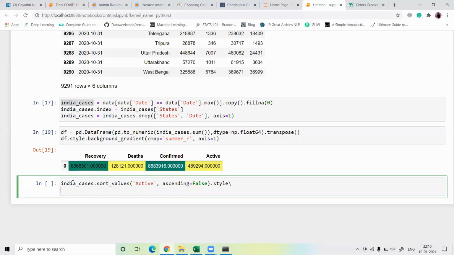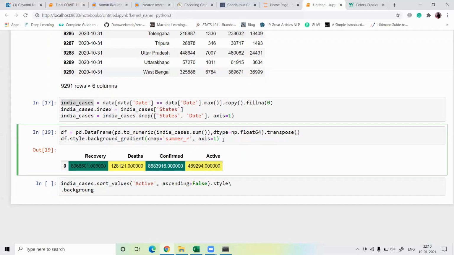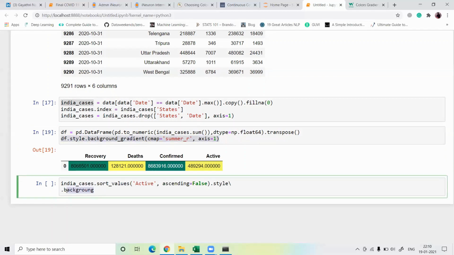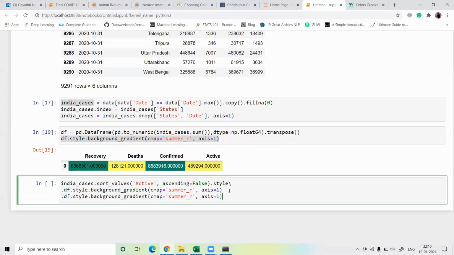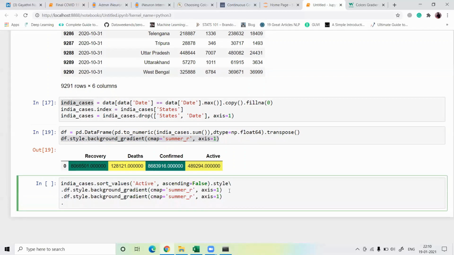Okay, style. After dot background, I just define the background. Let's copy this from here to there. Okay, I just copy background dot background again here, because first is for the active cases, second for the death cases, and third for the recovery cases.